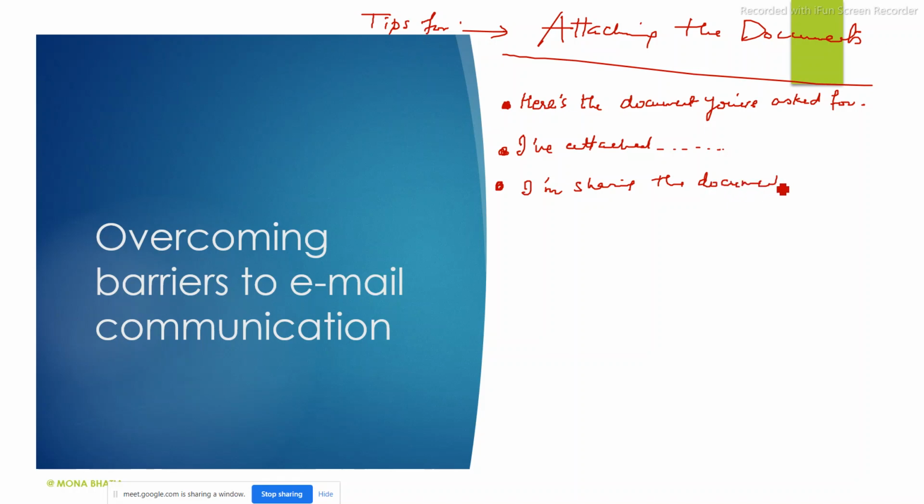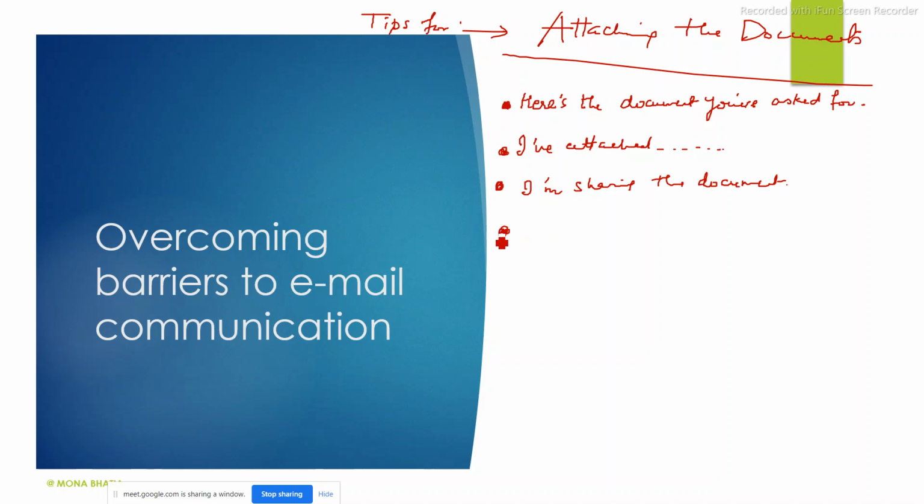I'm telling you different ways of attaching something. It becomes mandatory to tell in the email that you are attaching something. Though it can be seen, it is your duty to give one of these. You don't have to write all of these, okay? I'm telling you so many ways so that you don't become monotonous. एक जैसा भेजते every time नहीं करो. So there is a variety. Sometimes you write this way, sometimes that way, so it doesn't look boring to you and to the person who is receiving.